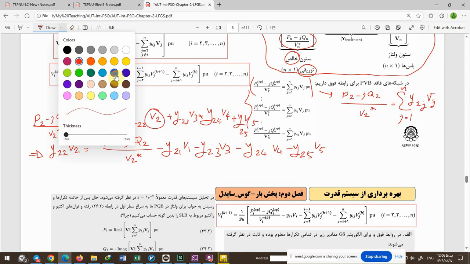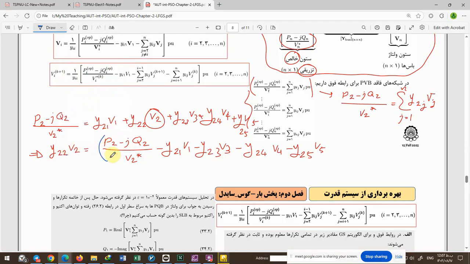And you can transfer Y22 to the other side and clear Y22 in the left side. And so